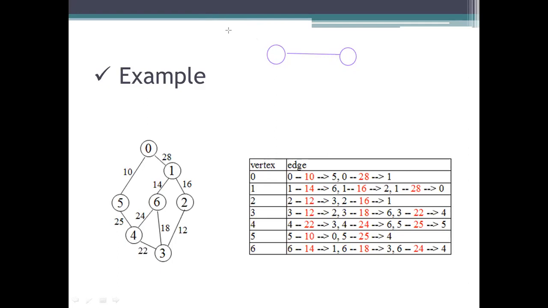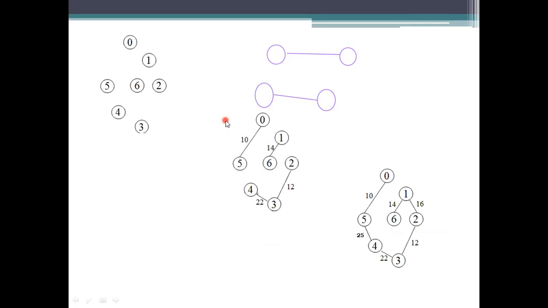Draw another tree here. These are the different trees we are having, and what we will do here is, by collecting them, at last we will merge them and then update the tree. So the first one here, I just plotted the vertices. The first one here is 0 to 5.